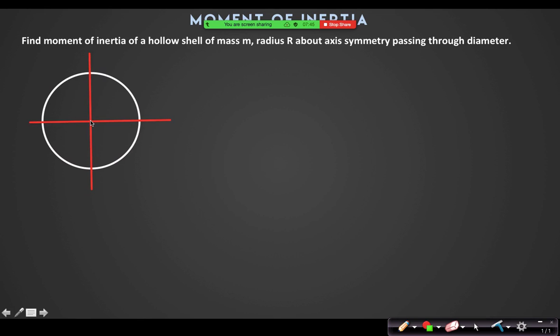And these are my axes. Let us assume this is my x-axis, it is my y-axis, and it is my z-axis. It is a hollow shell. Let us first do it by integration. So what I will do, I will take a small ring type of element on the surface of the hollow shell,